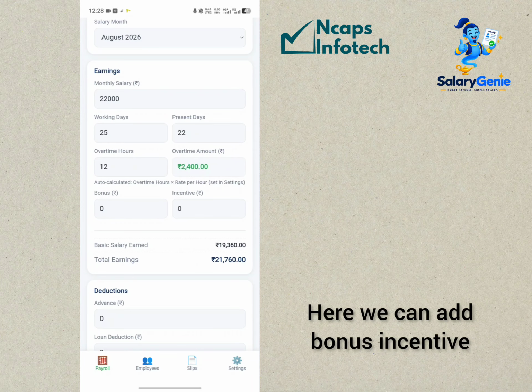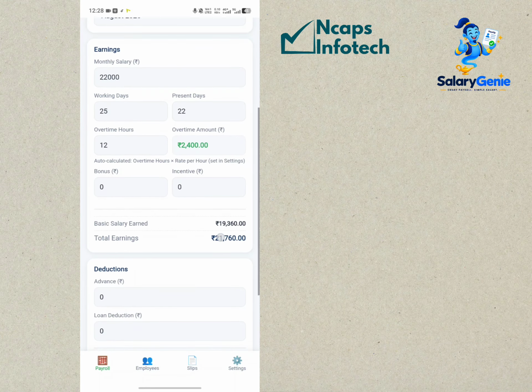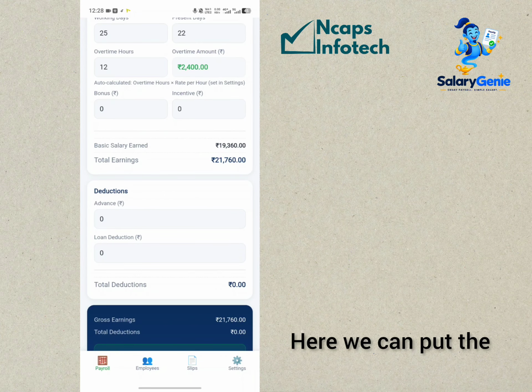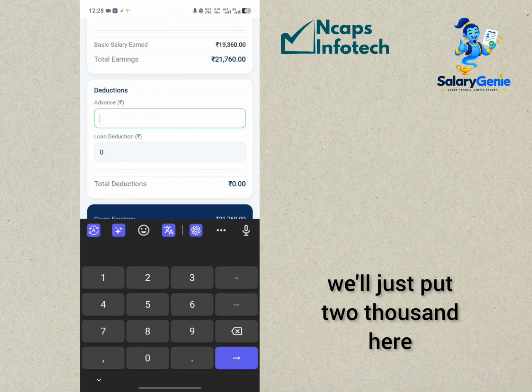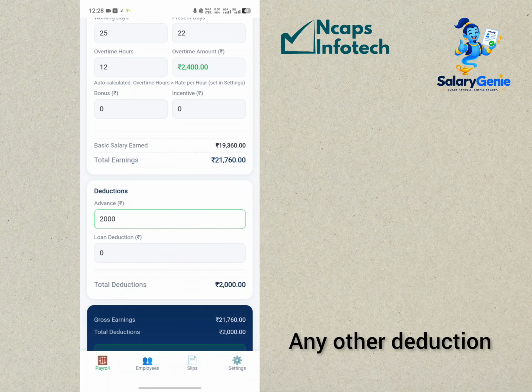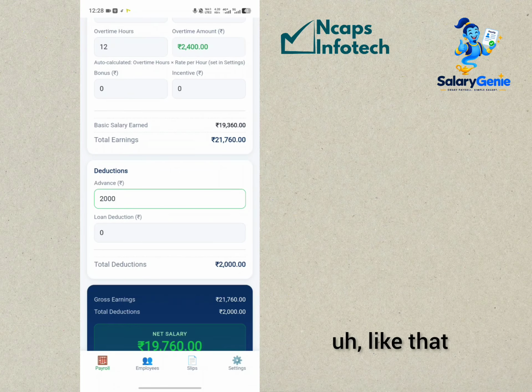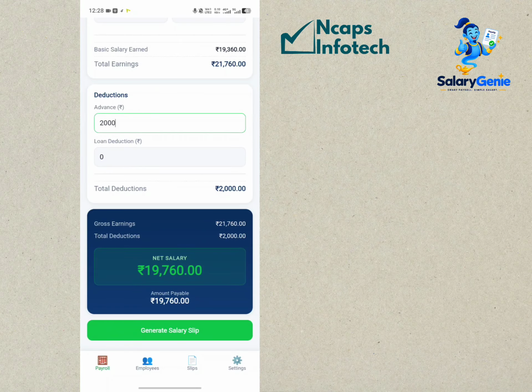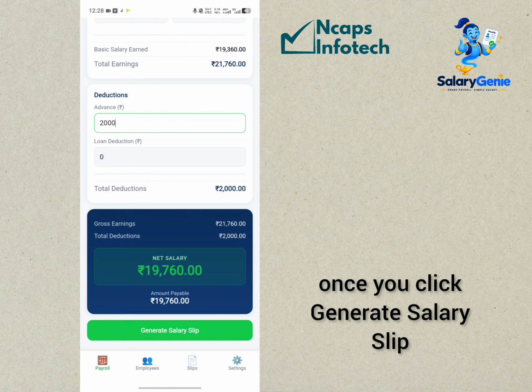Here we can add bonus, incentive. We just leave it like that. Here we can put deductions like advance. If he has taken advance, we just put 2,000 here, and any loan deduction like that. That's it. Once you click generate salary slip,